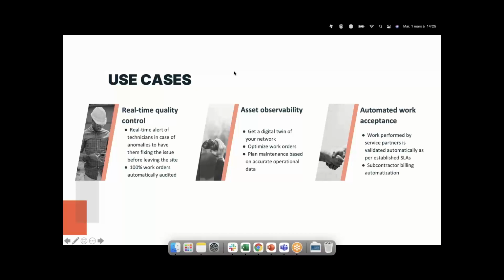That's very important because it will allow the field engineer not to come back the next day, not to drive 10, 20, 30 kilometers or miles to come back to the field and fix what was done wrong. So the fact that image recognition can analyze all the pictures in real time and provide feedback to the technician brings some productivity and increases the pace of the rollout. And obviously, you can control 100% of the work orders of the interventions. And you can scale your quality audits